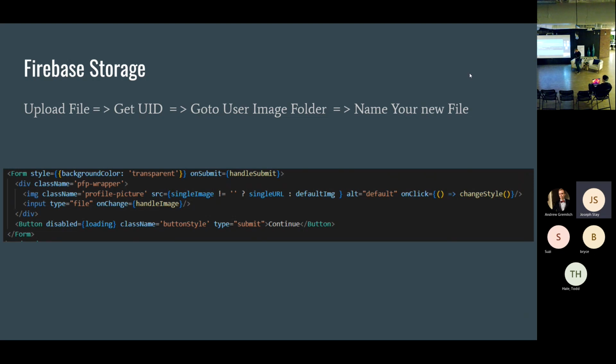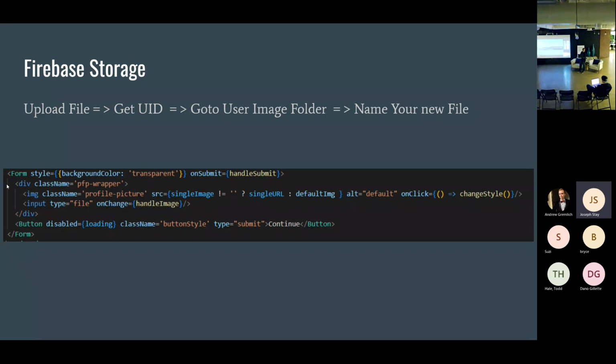But using Google's, it's a little bit complicated. So the whole idea is that we want to have an input, upload the file, then we're going to get the user's ID, then we're going to go to the user's image folder within Google, and then we're going to name the profile picture. So this code right here is for the profile picture itself.